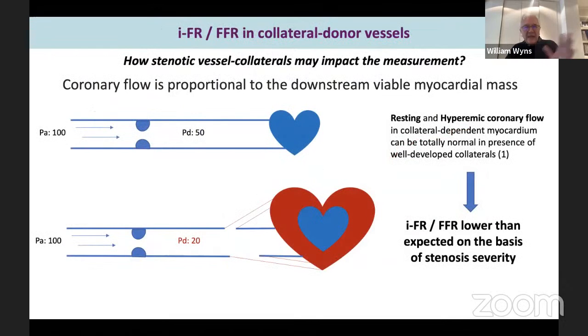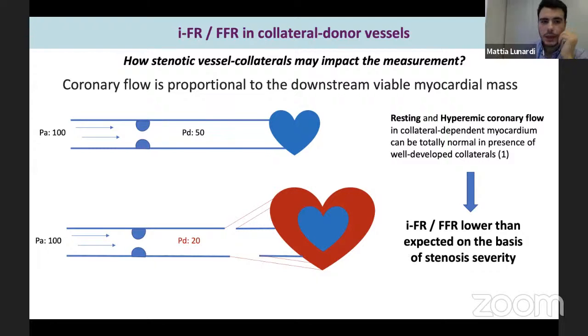A bit along the same lines, but different context, it's the typical situation of the occluded right, chronic coronary occlusion, and a mild stenosis on the LAD. And the question comes very often, okay, do we treat the LAD or not? Mattia, tell us how to react to that clinical situation.